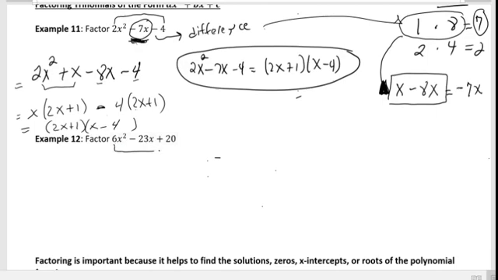So first we multiply 6 times 20. That's going to be 120. And then since we have a positive here, that means that the signs would be the same. And since this is negative, then both signs would be negative. Okay. So the factors of 120 are a lot, right? So 1 times 120, 2 times 60, 3 times 40, 4 times 30, 5 times 24, 6 times 20,